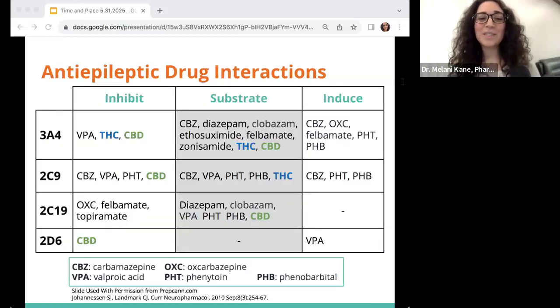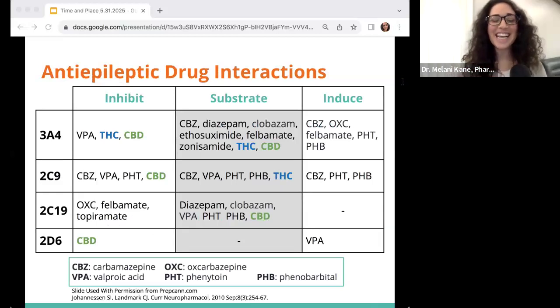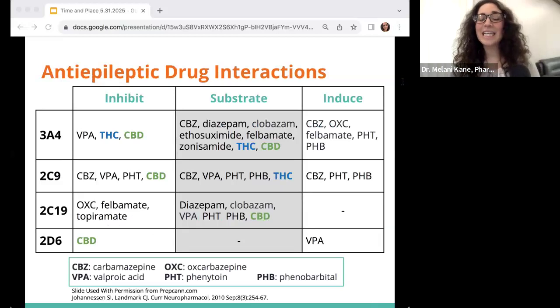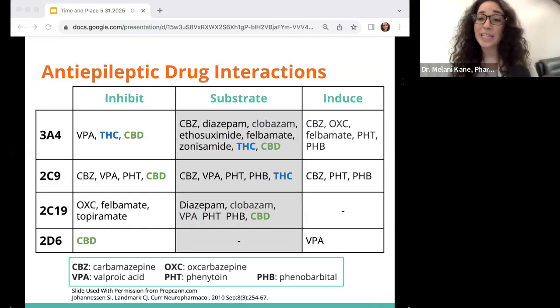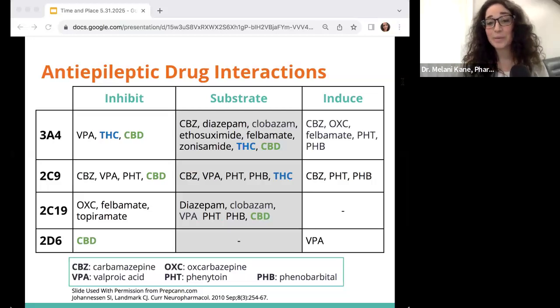We're working through it. This one I will not go into detail, I promise. I just thought while I'm here, I may as well stop. You can stop and take a look. So there's a lot of interactions with CBD and THC. CBD has very poor bioavailability. I think that's actually a saving grace when it comes to the sheer amount of inhibition it can produce on CYP enzymes. So I think about how CBD is readily available in gas stations and grocery stores, and patients are picking it up and not even realizing it could be interacting with their other medications. And so the fact that it probably has a 10 to 20% bioavailability is probably helpful in those cases to reduce the chance of drug interactions.